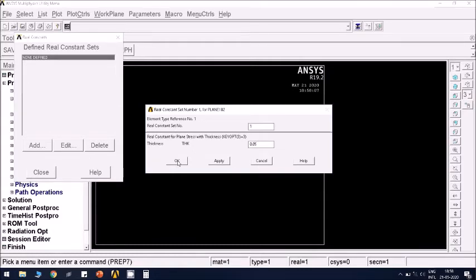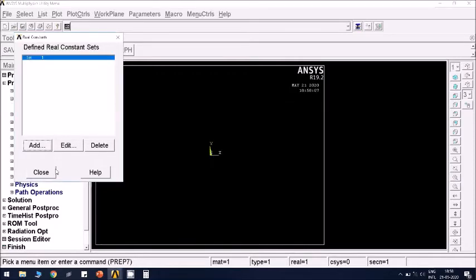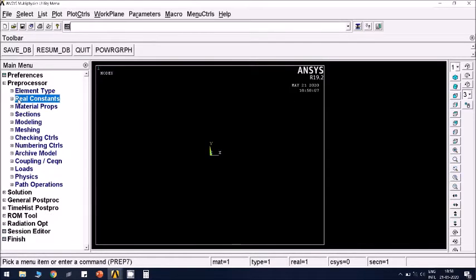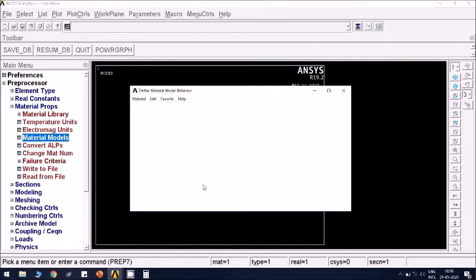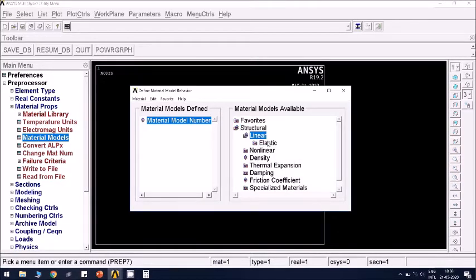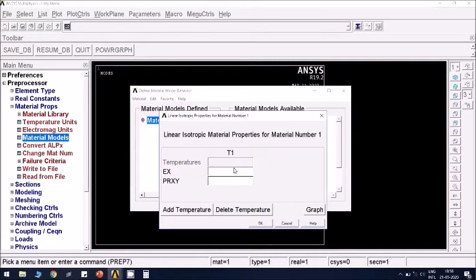I'm trying to model everything in terms of meters now. Material properties, material models, structural, linear, elastic, isotropic. Young's modulus is 210 gigapascal, so 210 E9. Poisson's ratio is 0.3.